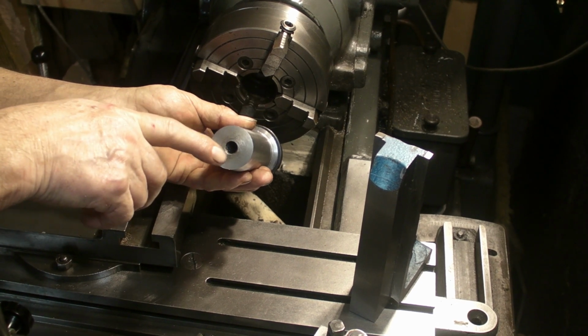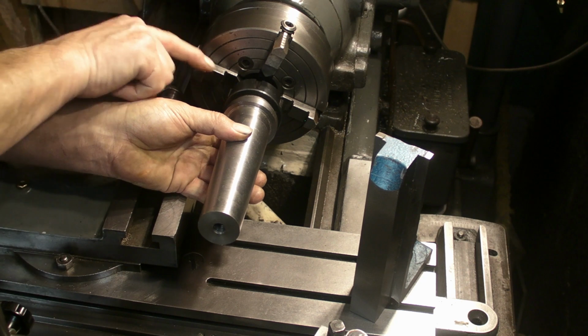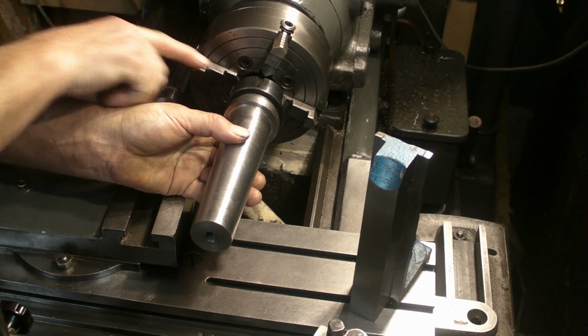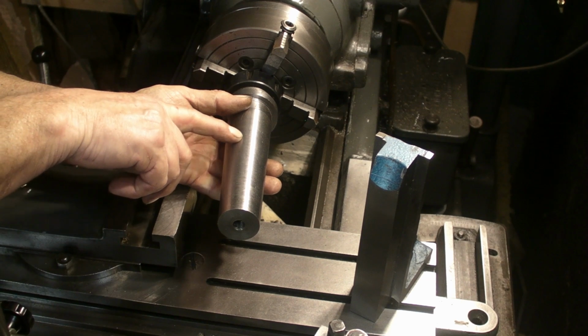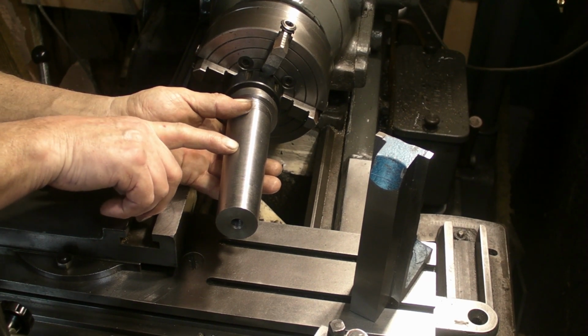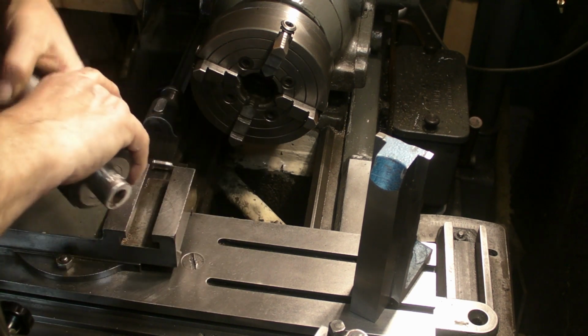supported this end with a live centre, indicate this end, and then start to turn a section of this parallel, and then once I've got sufficient on this side I can swap that round then,